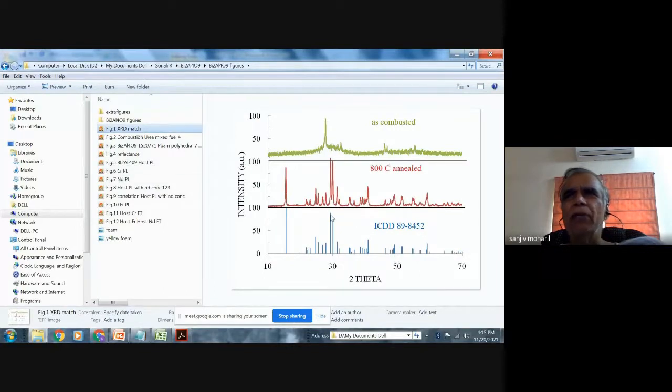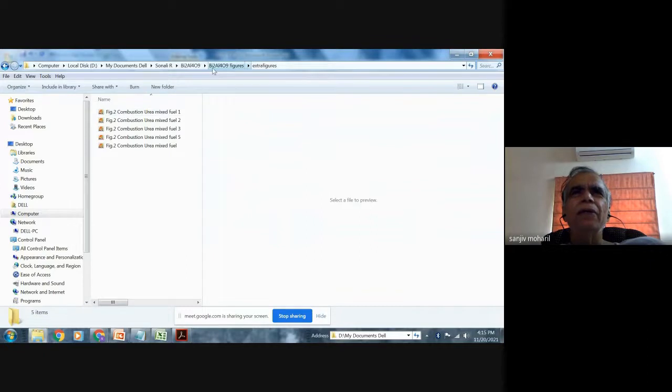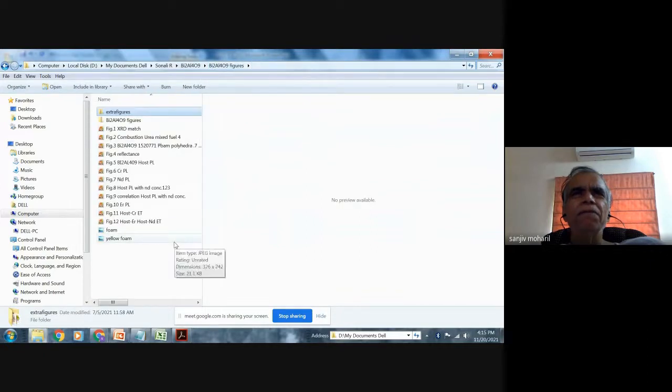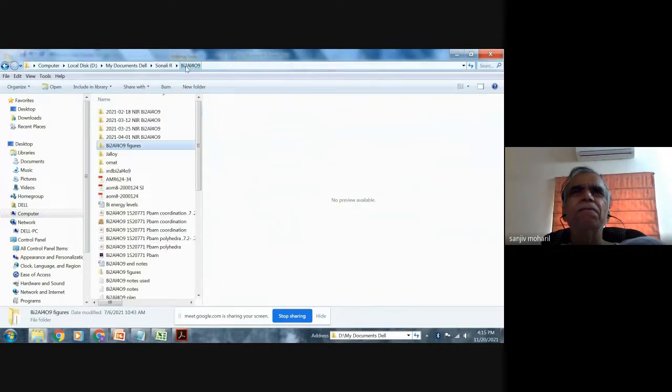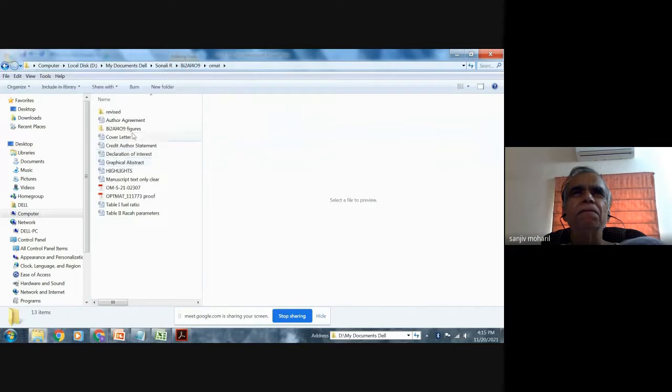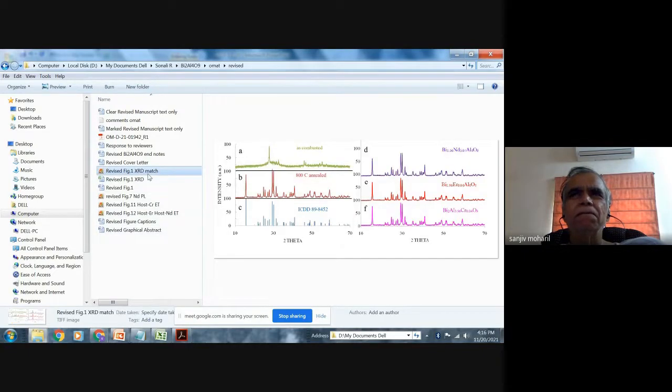This is in fact only the matching. Let me see whether I have got the Rietveld refinement here. No. No, I don't see Rietveld refinement here.